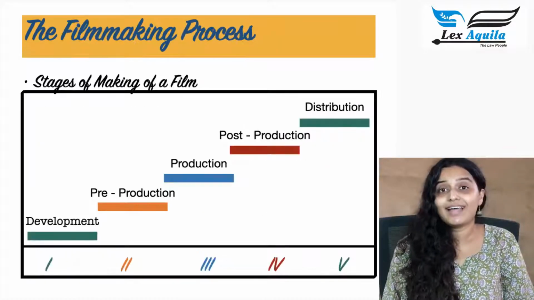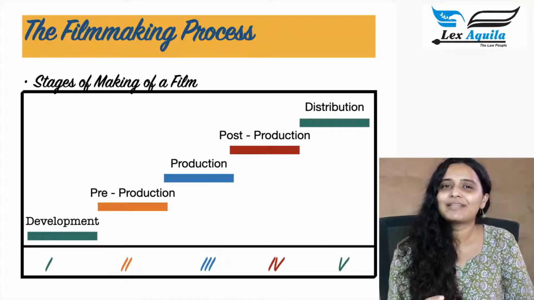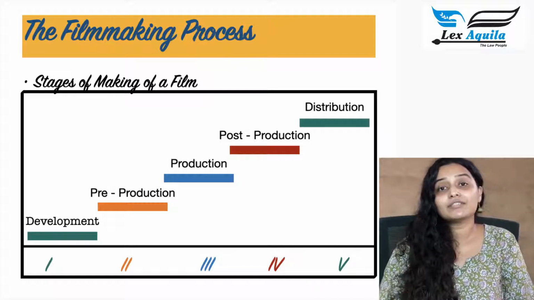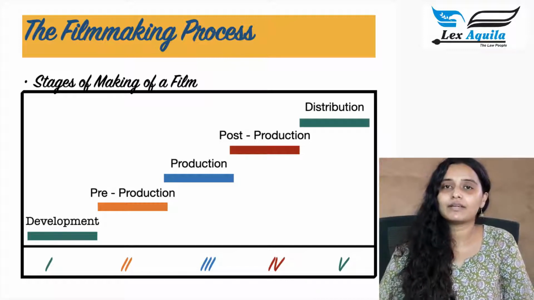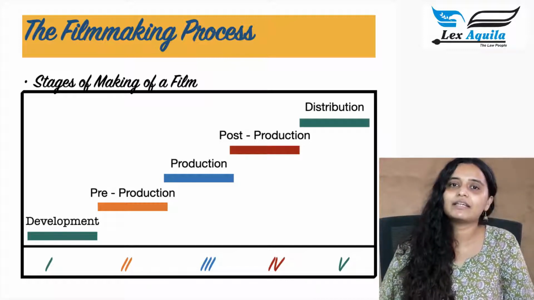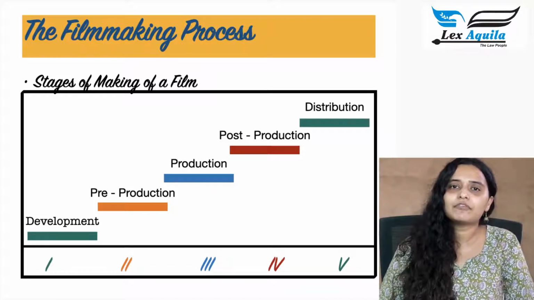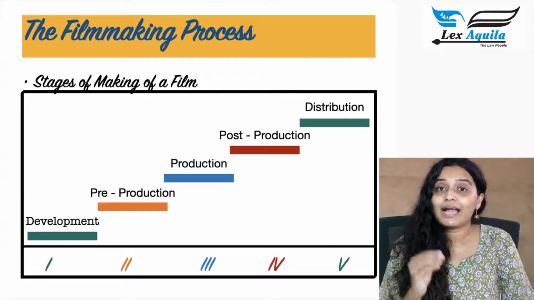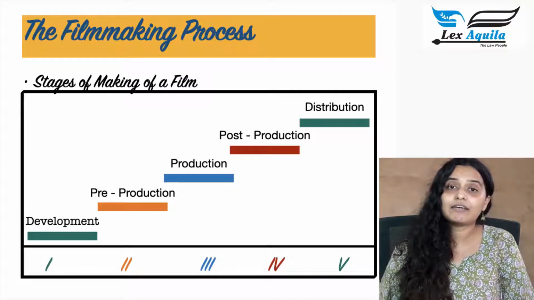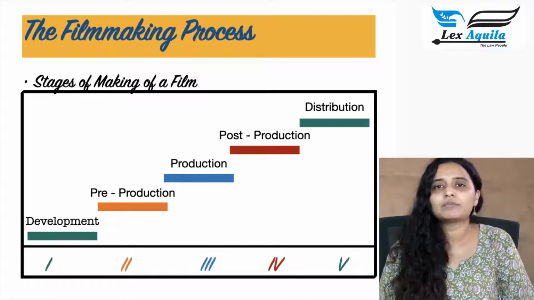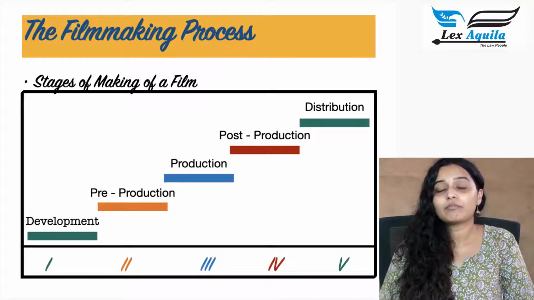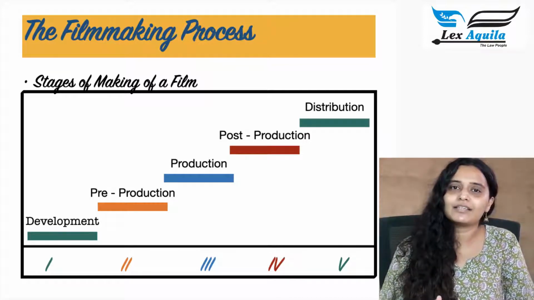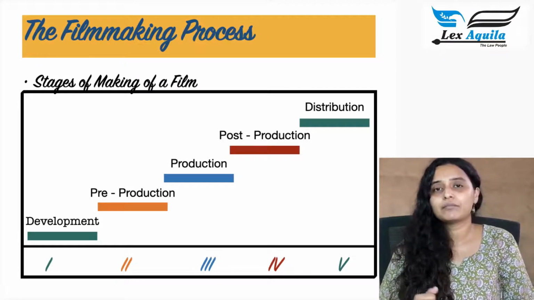What we see as an audience of the movie is the end product, the film that gets made. However, the process of making this film is a long one. It is usually divided into 5 stages. The first stage is the development stage. This is the stage where the idea or the concept is developed into a tangible expression which can be protected by copyright. This could be either in the form of a storyline or a script.